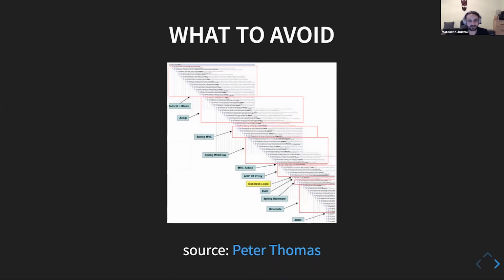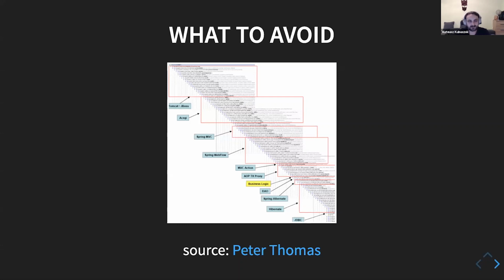And yes, this is one of the images that really shows what things we should avoid. In Spring Framework, it is very easy to end up with this kind of call stack. And if we remember that the JVM only wants to inline and attempt to optimize for several nested calls, then we can see that basically all of this call stack is never optimized, never compiled. So basically it's interpreted.